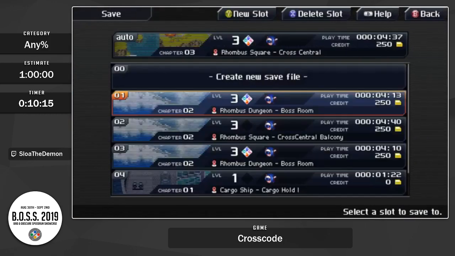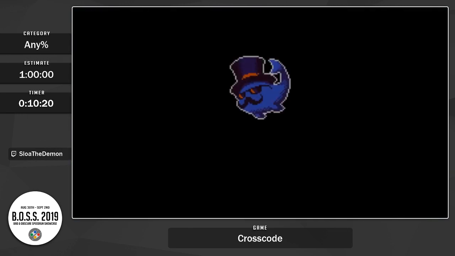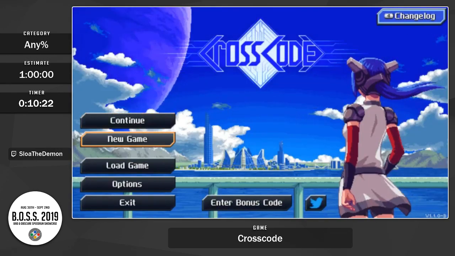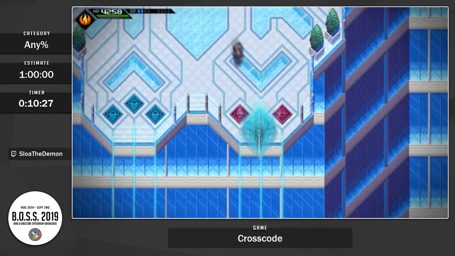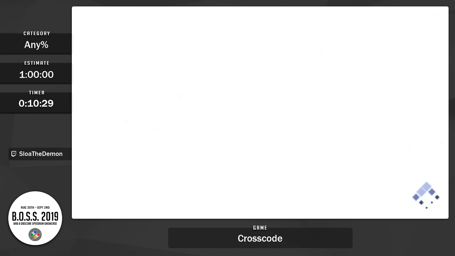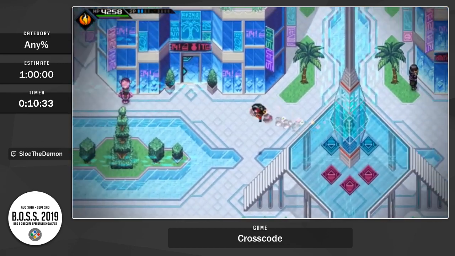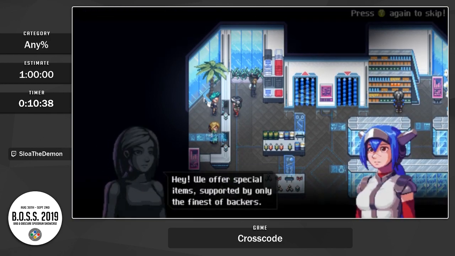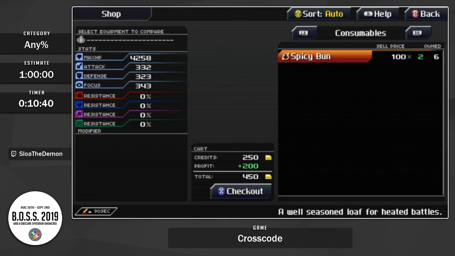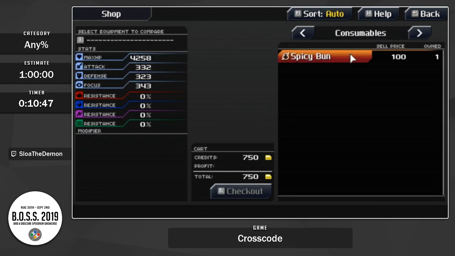So this is an example of what happens when you do a save warp but it has no related exit. It puts you in the default position, which happens to benefit us to be able to go here to Rhombus Square, which is an area that you're not able to access until at least Chapter 9. So what does this do for us? Well, this allows us to obtain items that we're not supposed to be able to get until Chapter 9,